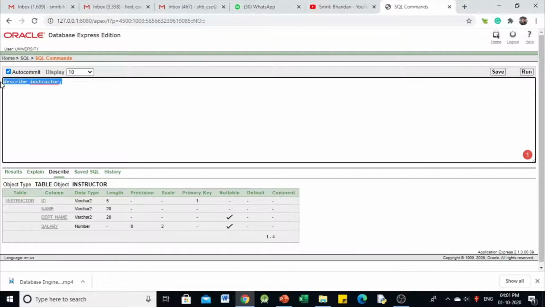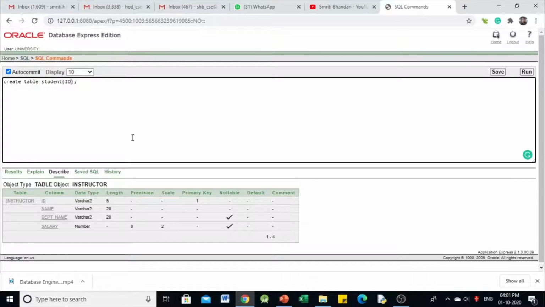Now let us try to create one more table, say the student table. Create table student, in parenthesis. Let us list out the attributes.